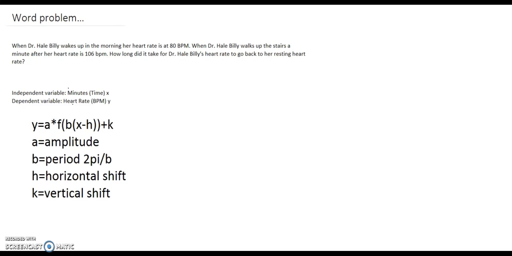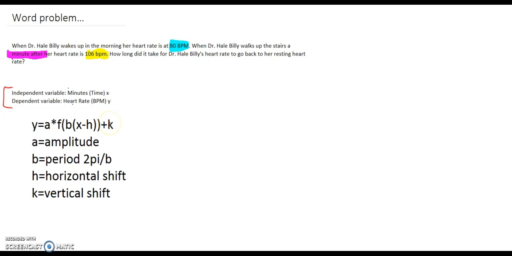Okay. So, what is given in our word problem? The maximum point in our word problem is 106 beats per minute. Our minimum point in our word problem is 80 beats per minute, as well as a minute after. The independent variable in our word problem is minutes, which is time, which is also our x value. The dependent variable in our word problem is our heart rate, which is in units of beats per minute, which